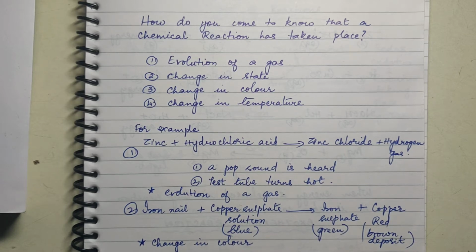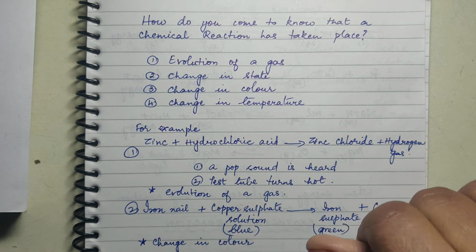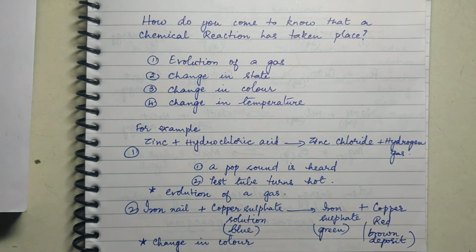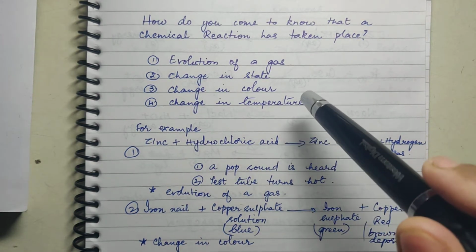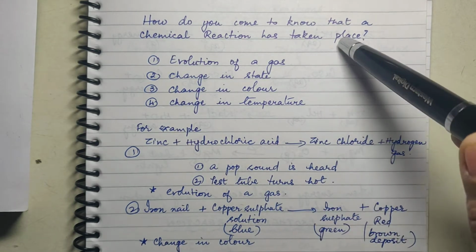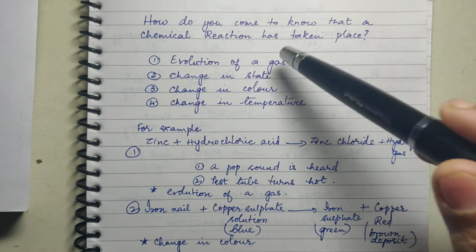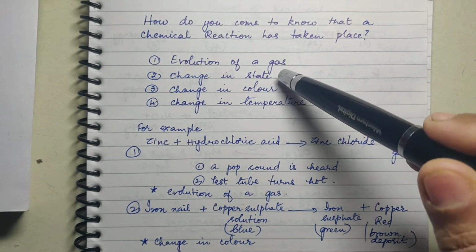Yes, children, let us revise the first chapter. I'm just quickly going through the topics of the first chapter. Now, first, in the beginning, what we saw was how to identify whether a chemical reaction has taken place. This is understood by supposing a reaction is liberating a gas, or if there is any change in